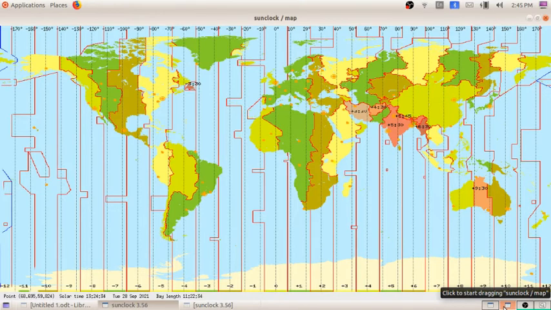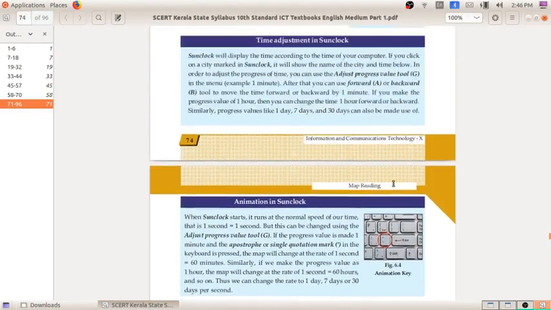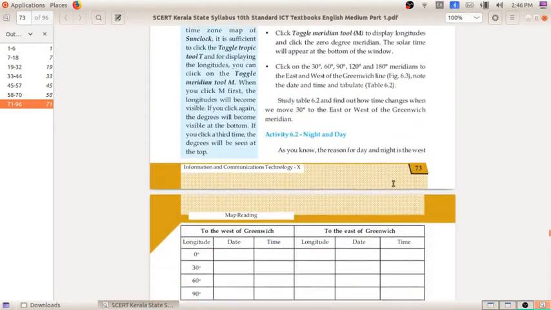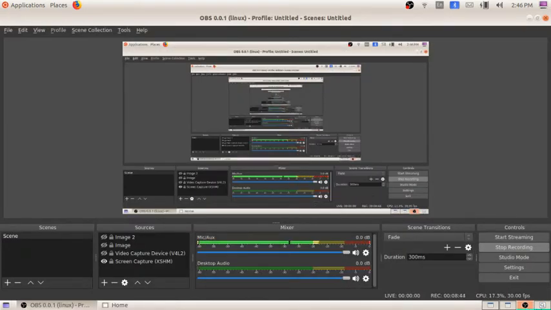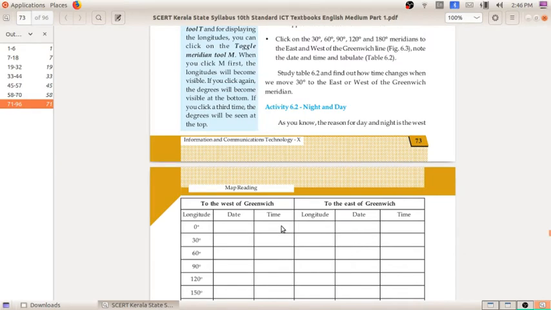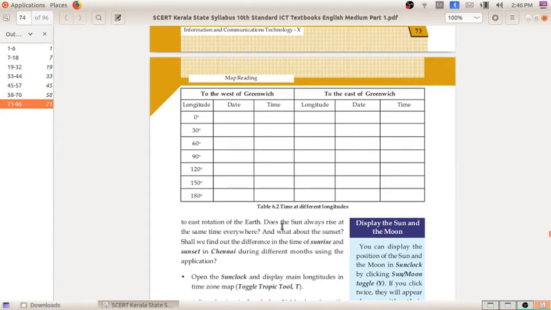So here we are calculating the time during night and day. This is activity 6.2, night and day. Before moving to that activity, I am opening the Sunclock software.